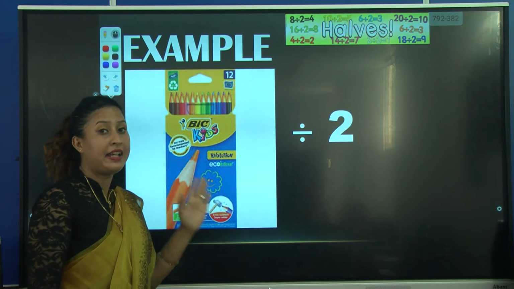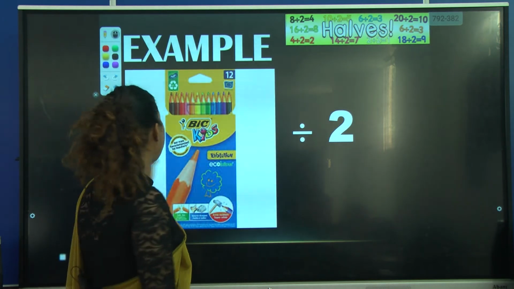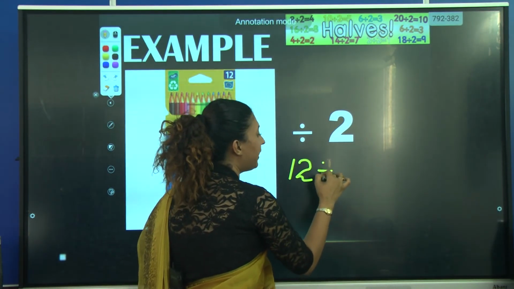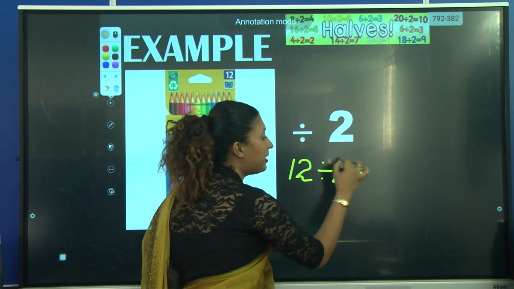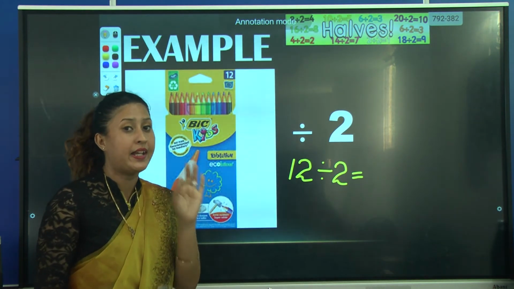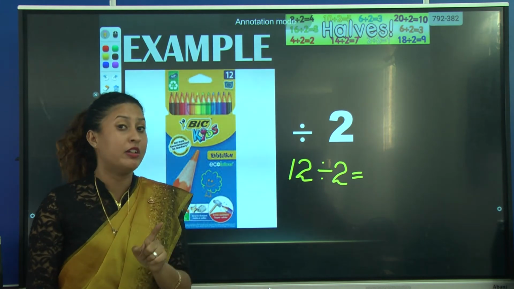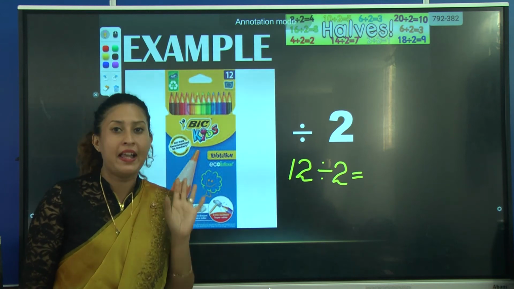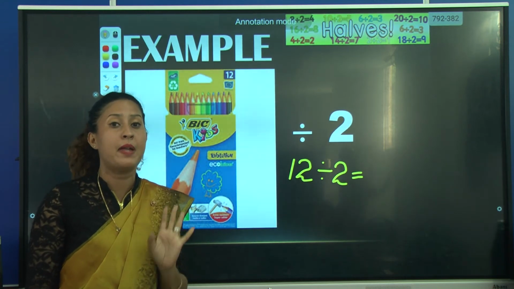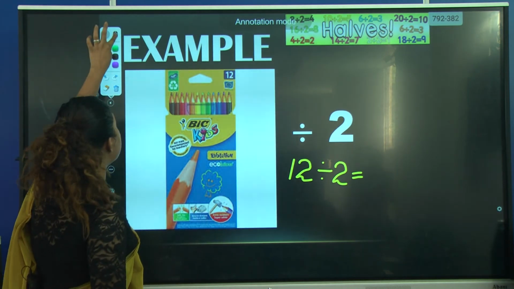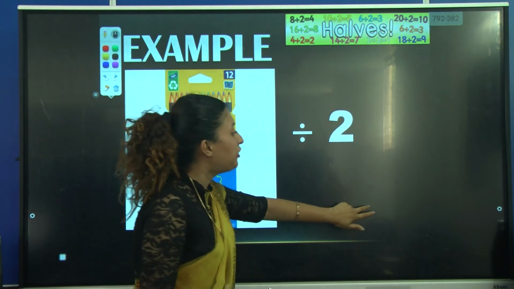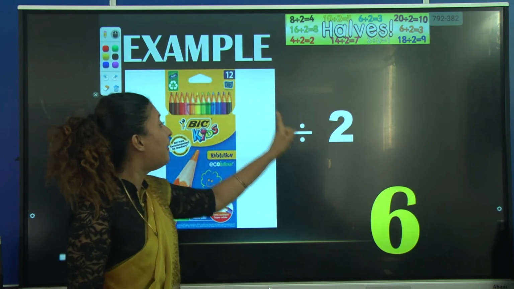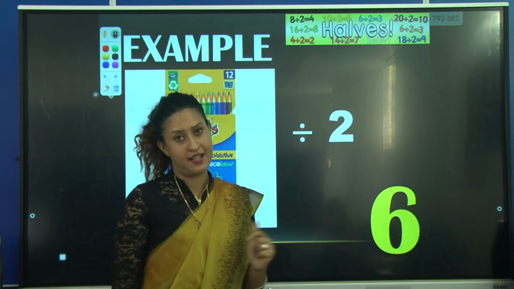Okay, and I'm gonna give half of it to my friend, which means I have 12, I'm gonna give half of it to my friend. What will be the answer? I want everybody to take a piece of paper and calculate. I have told you all, when you are doing maths, you need to have a rough paper with you to do your calculations. I hope everybody has a rough paper with you all. Okay, so now let's see the answer. 12 divided by 2. What is the answer? 6. When you divide 12 by 2, 6 is the answer.